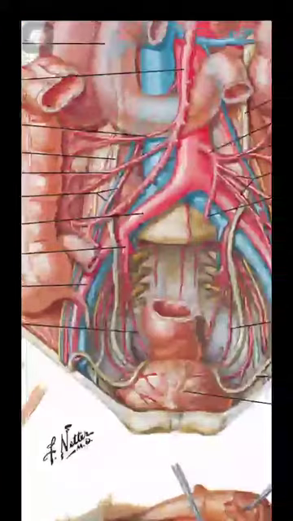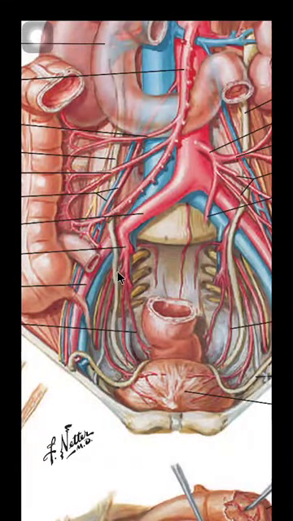Now let's see the posterior relations of the first part of the ureter one by one. First, this much region will be the posterior relation. This will be the internal iliac artery with its anterior division. The next one, internal iliac vein. Then posteriorly, this is the first sacral nerve. So here you will have the lumbosacral trunk. Then again posterior to that you will have the sacroiliac joint. Medially, the first part of the ureter will be related to the peritoneum.